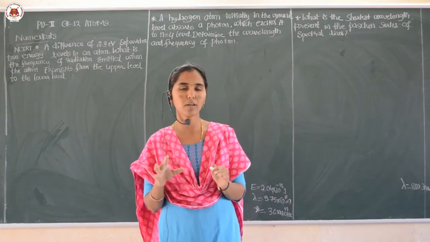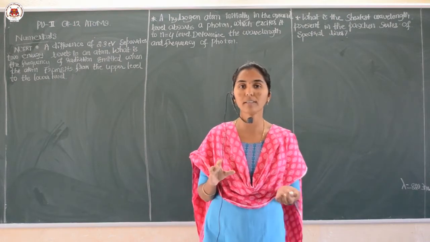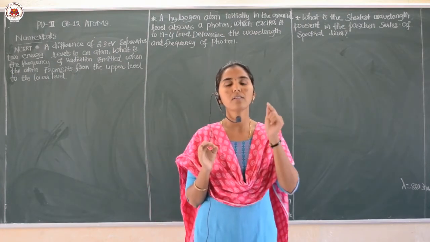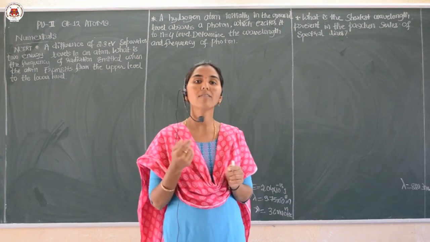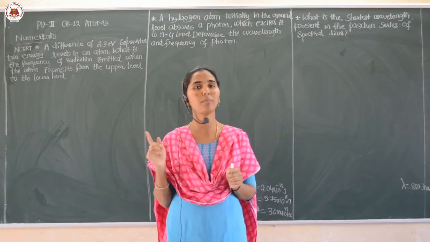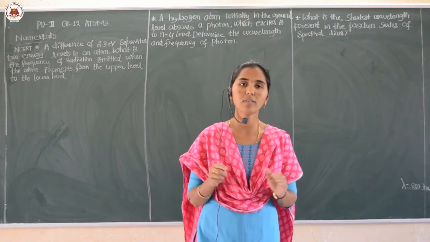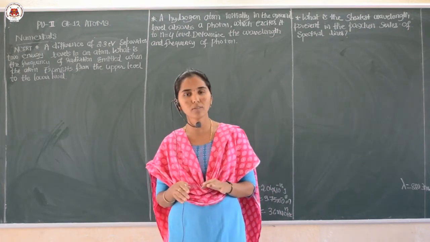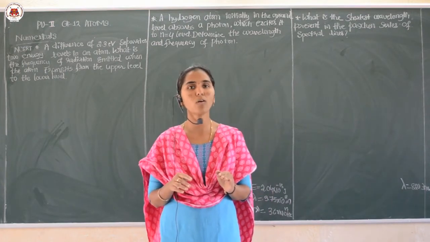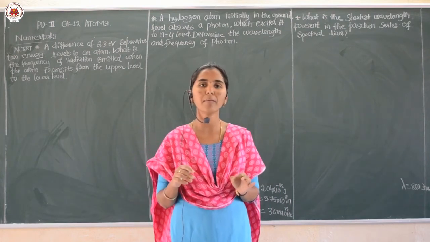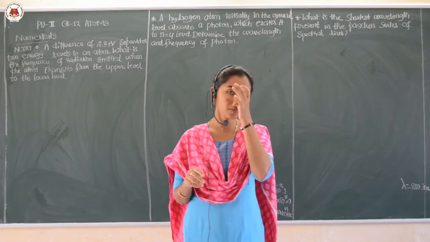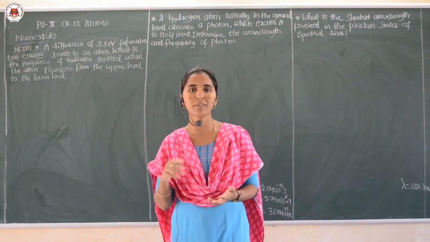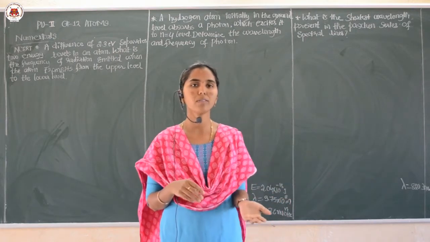So all those points we know. And one more thing I told in the previous video: for every series, the first line of that series will have the longest wavelength and the last line will have the shortest wavelength. So keep that point in your mind. Next, the radius of the nth orbit, that formula also we derived: Rn is equal to epsilon naught n square h square upon pi m e square. And for energy, we directly use the difference between the two energy levels, and by using that we can calculate.